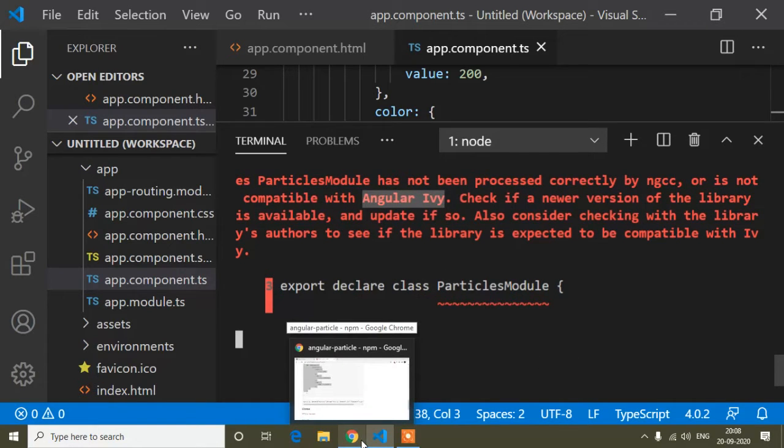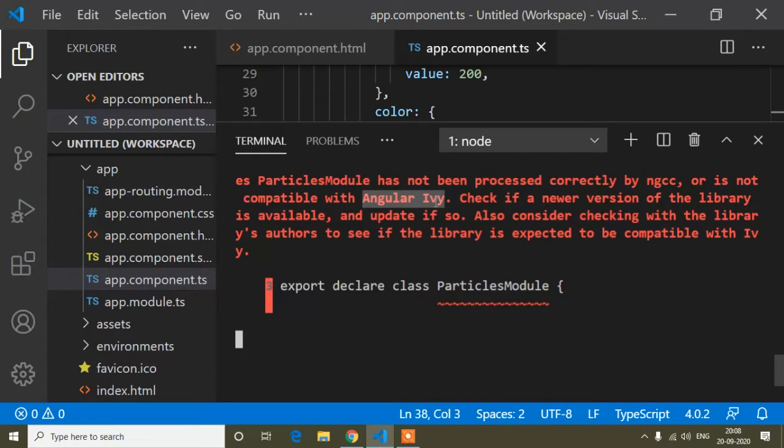Because Ivy was introduced in Angular 9, that is used at the time of loading your project. It is a default feature of Angular 9, and I am using Angular 10 here, so it is also a default feature of Angular 10. So when I use particle.js, it shows this error. How can I solve this?